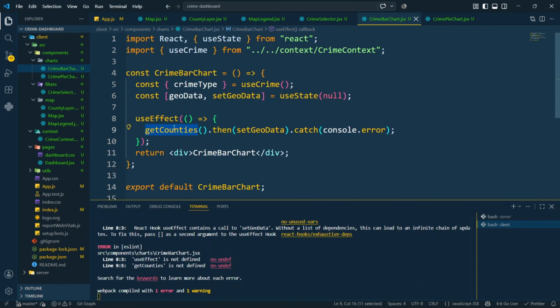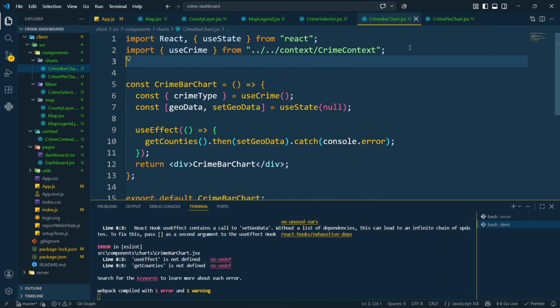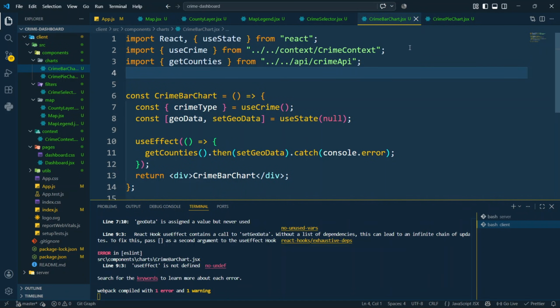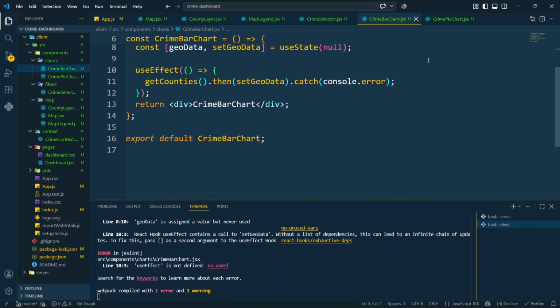So get counties of course is coming from the county layers, and that means that we need also to import that. But of course it is connected with the crime API. So up here we just need to say import get counties from crime API, and we also need to import the utilities. So up here you can just say, before that we need to go ahead and build the bar